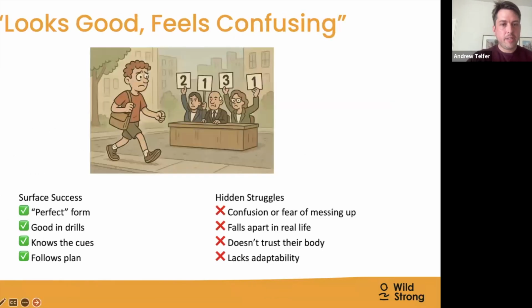Next slide. So one of the problems with this top-down coaching idea is that, A, it assumes that there's a perfect form. And it often strips away the context of why we're doing things. So this picture right here is just imagine somebody walking down the street and you have a bunch of judges scoring them based on how good they're walking. And that seems ridiculous. But actually, a lot of our ideas of good form, especially coming out of fitness and exercise, are equally arbitrary. They're what's called rules-based movements.